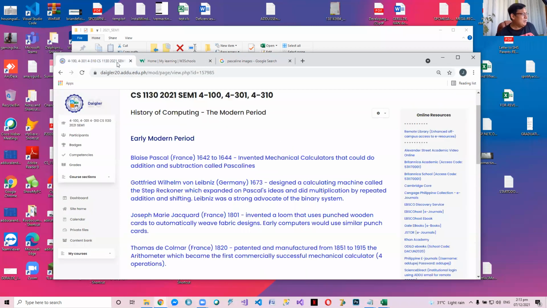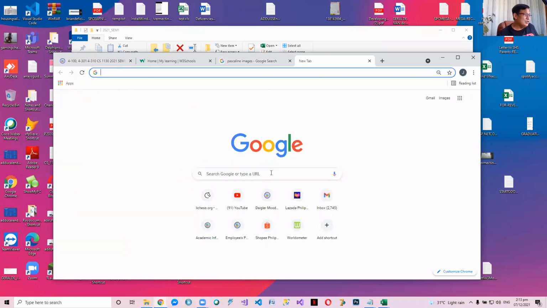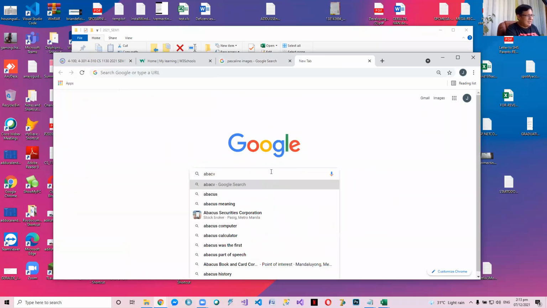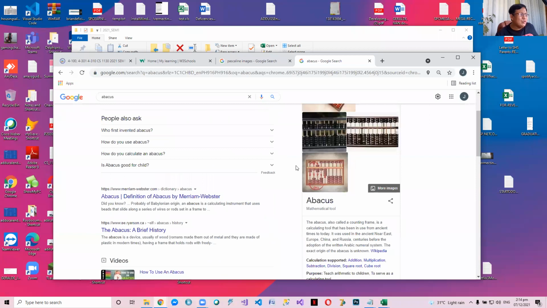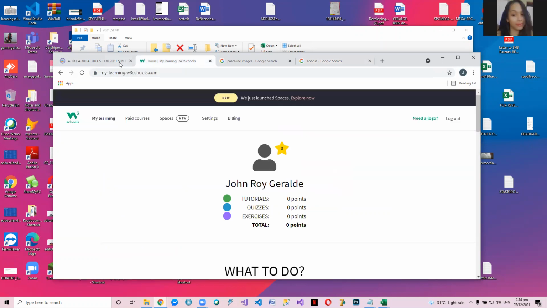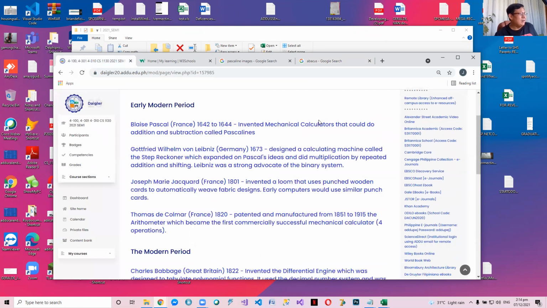But before the Pascaline, there was already the abacus. Who invented the abacus? We don't know. The abacus is almost the same concept, but instead of using wheels, the abacus uses beads in different columns. The first column is the column of ones, then the column of tens. It's similar. Do you follow? But the Pascaline uses wheels. Okay? Do you follow? Yes, sir. So 1673. That's the birthday of...